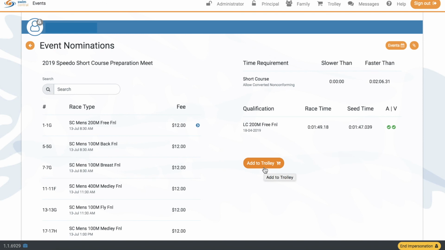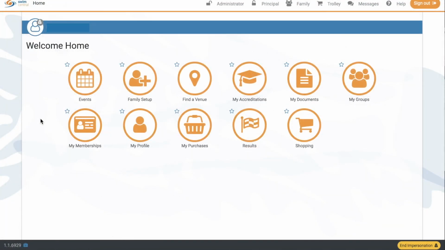If the Add to Trolley button is greyed out or not clickable, this means that the parent hasn't entered their family administration PIN, and they can do that using the lock icon in their navigation bar. Once they've added all races to their trolley, they can process payment and finalise the entry from their shopping trolley in their navigation bar. To check that the nomination has been successful,